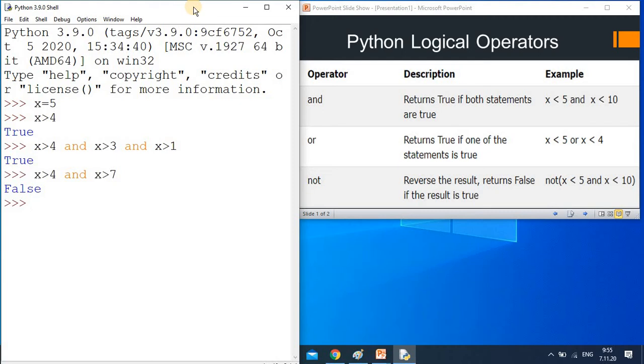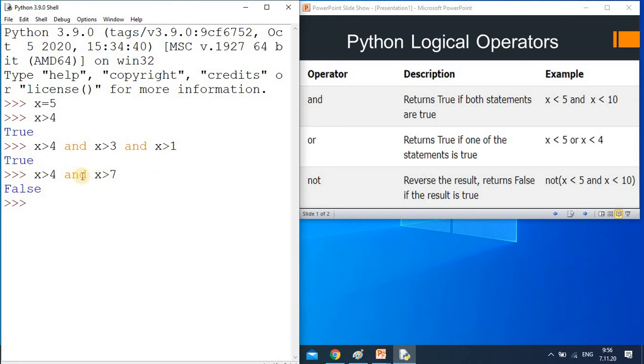How will you remember this? You can remember it in two ways. In English we use AND most of the time: I will do this work and that work, you have to do both works, then only it will be true. And the second way is that it is just like multiplication. Suppose the first one is true, it returns true, meaning 1, and the second one is also true, meaning 1.